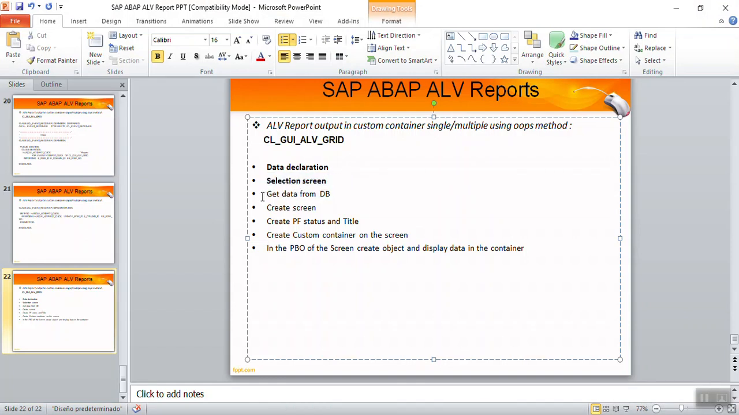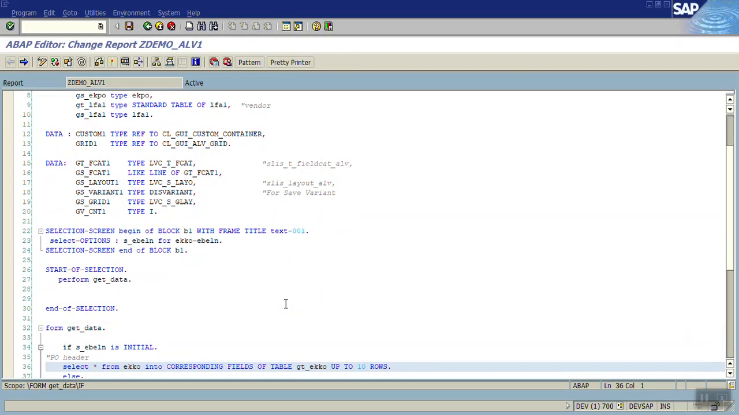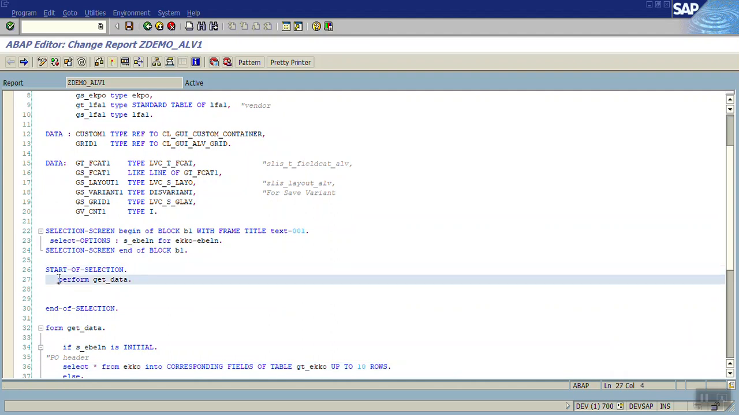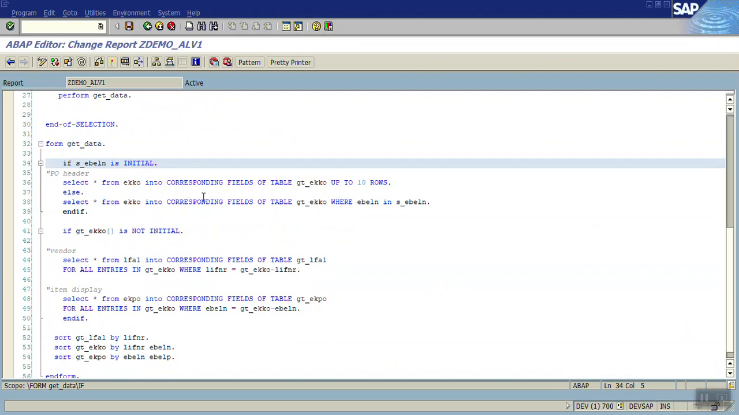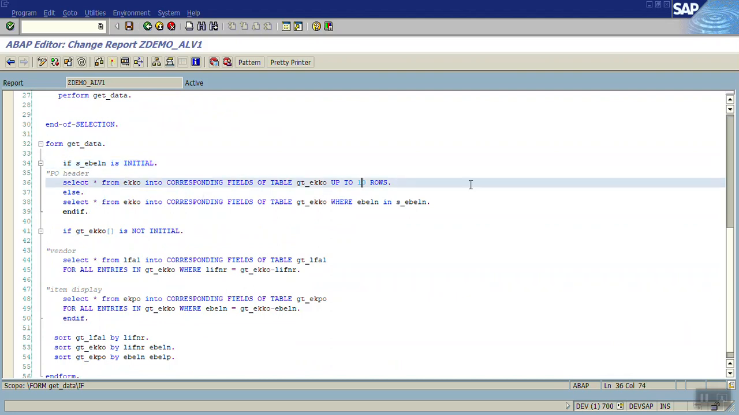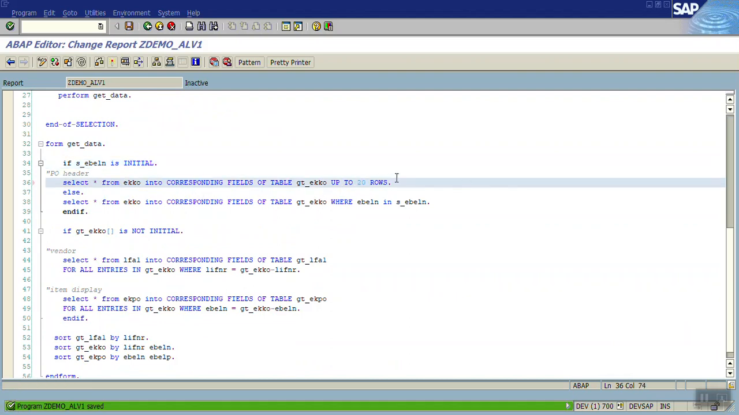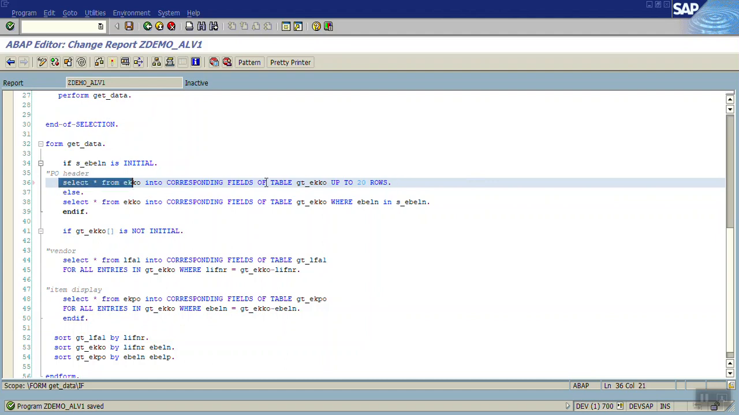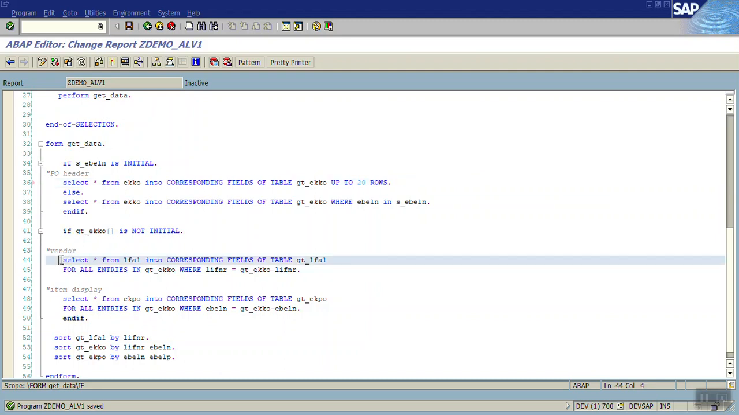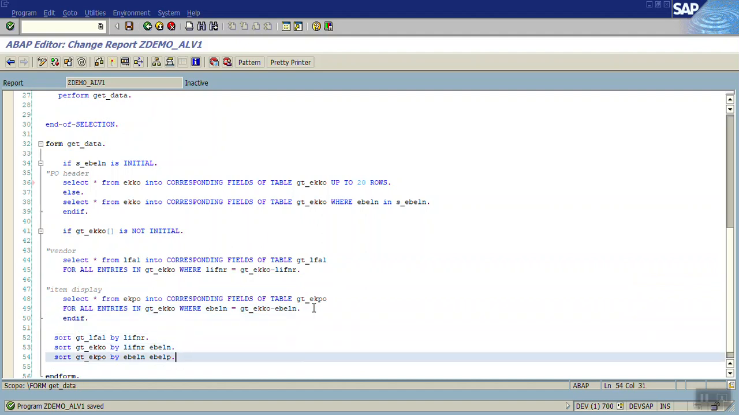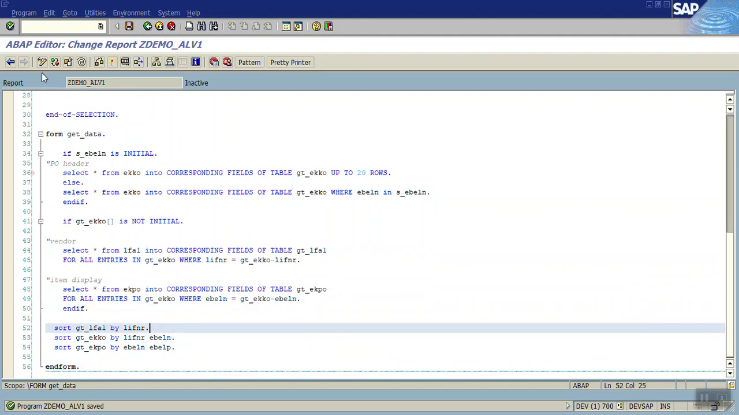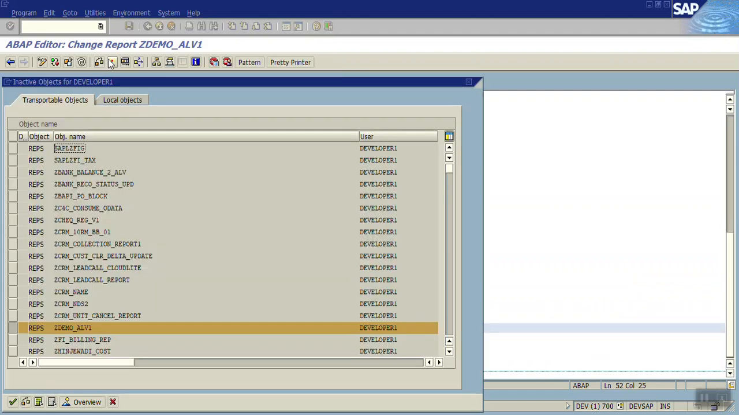Third one is get data from database based on the selection criteria. So for that, in the start of selection event, I have written one perform routine get data. If everything is blank, just to have limited records, I'm selecting 20 records from the database table into the GT_EKKO table. And if this is not initial, I'm selecting the vendor master and the purchase order line item, and just sorting in ascending order. Okay, activate this,